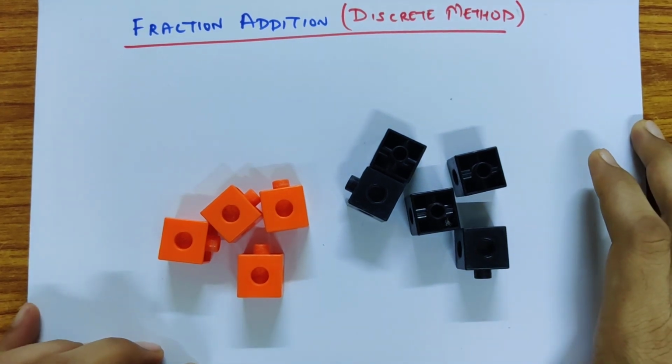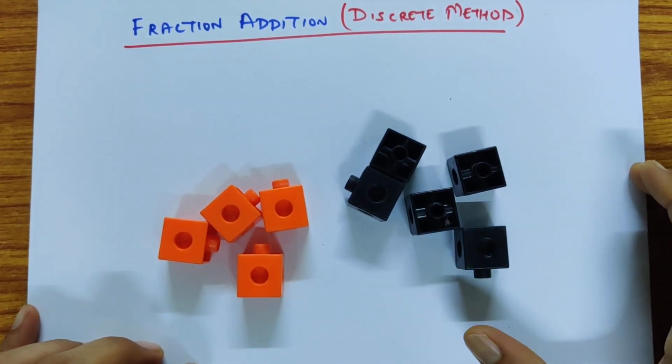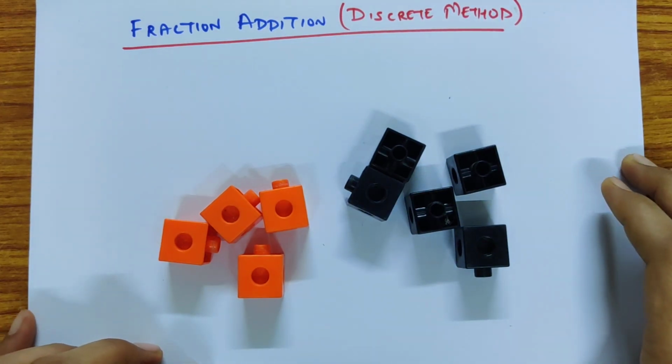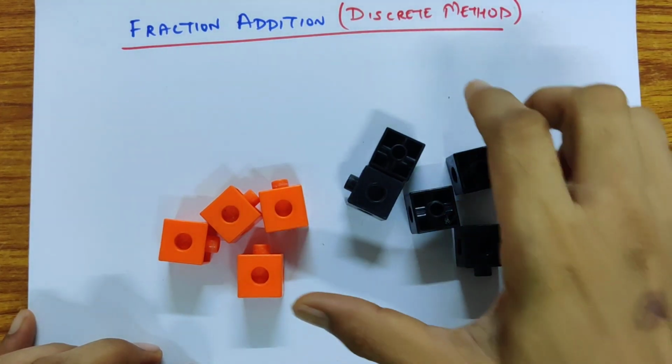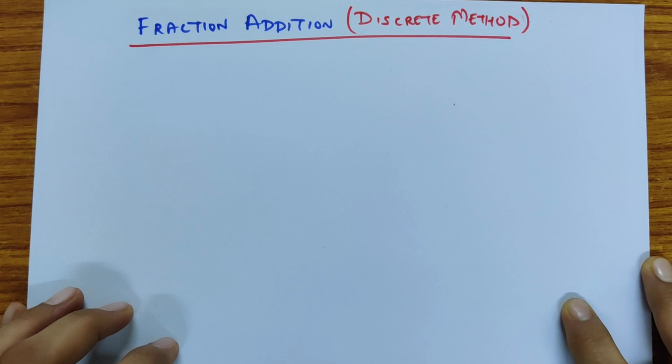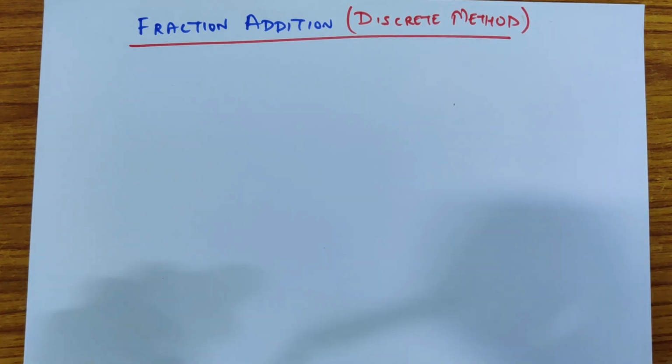So we're going to look at fraction addition and why we need the same denominator, and we'll look at it a little differently. We'll look at it in terms of the discrete method, which is very convenient at times. So what is the discrete method? The discrete method is to basically first,